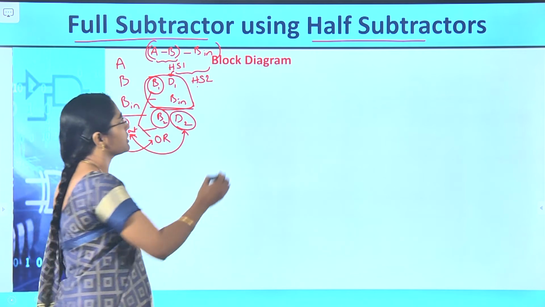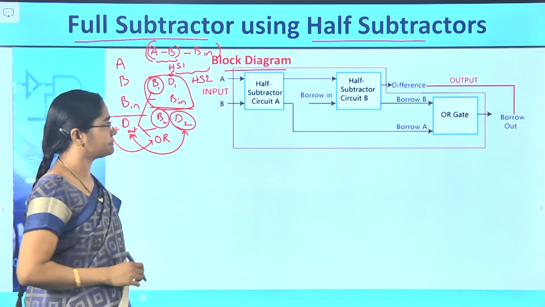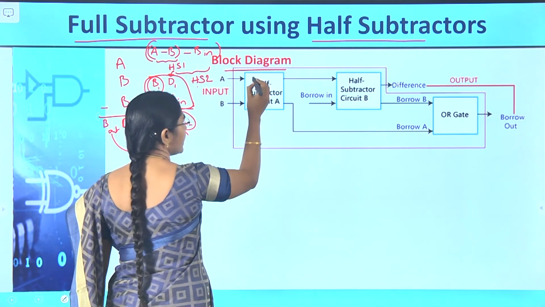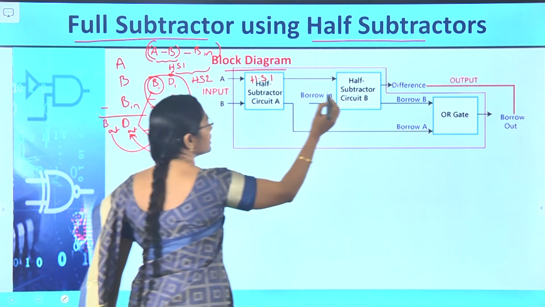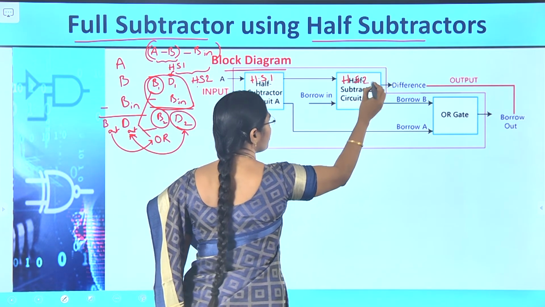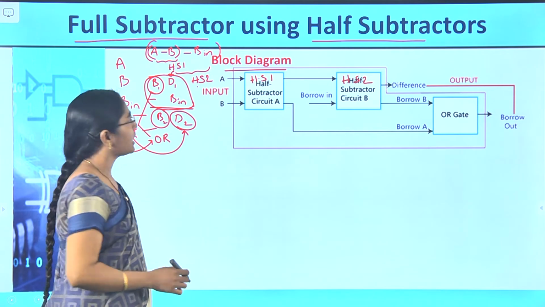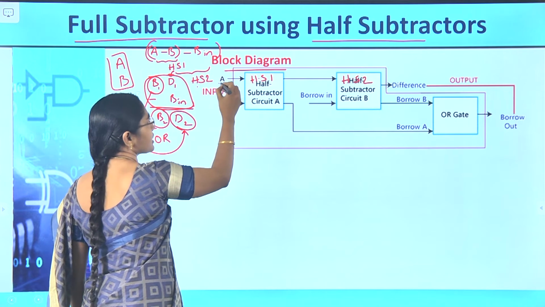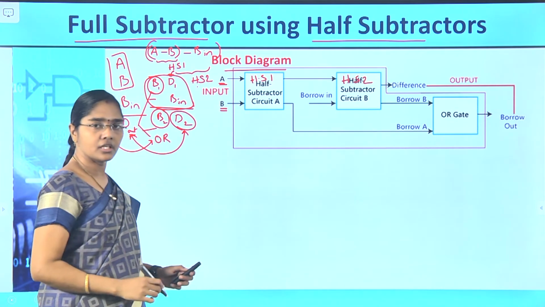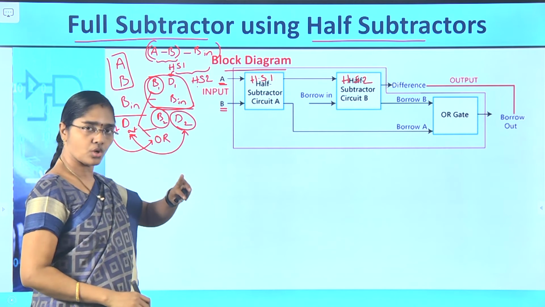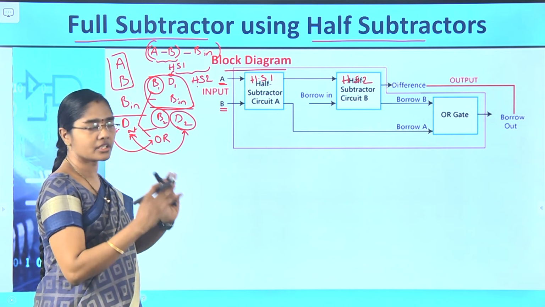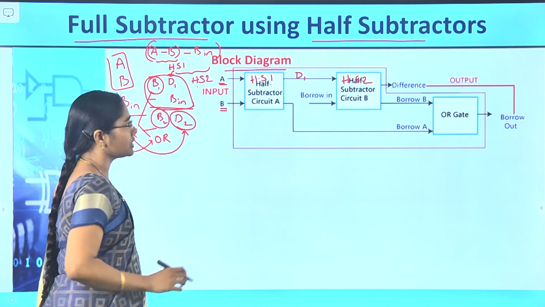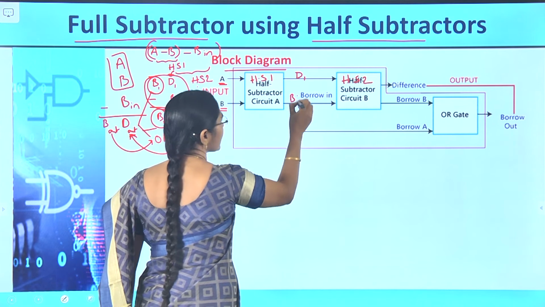So, block diagram. Let's see the block diagram implementation. Here, 2 half subtractors are required: half subtractor 1 and half subtractor 2. For the first half subtractor, the inputs are A and B, and it gives 2 outputs, borrow and difference. This is the difference D1 that we have assumed,